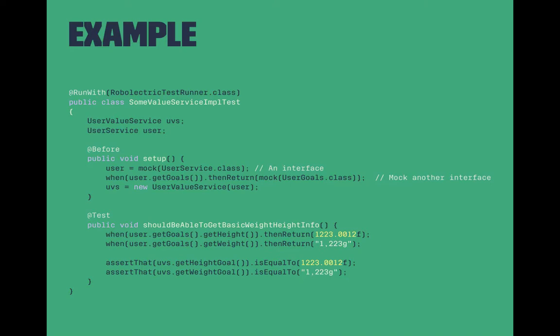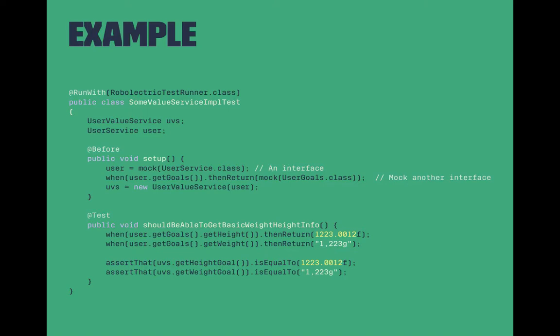We're actually setting mocks inside of this method as well. So we're saying when user.getGoals is called and getHeight is called on that, I want you to go ahead and return 1223.00.12f as a float. Next line, when user.getGoals.getWeight is called, I want you to return a string in the format of 1223 grams. And then what we're going to assert is that our UVS,